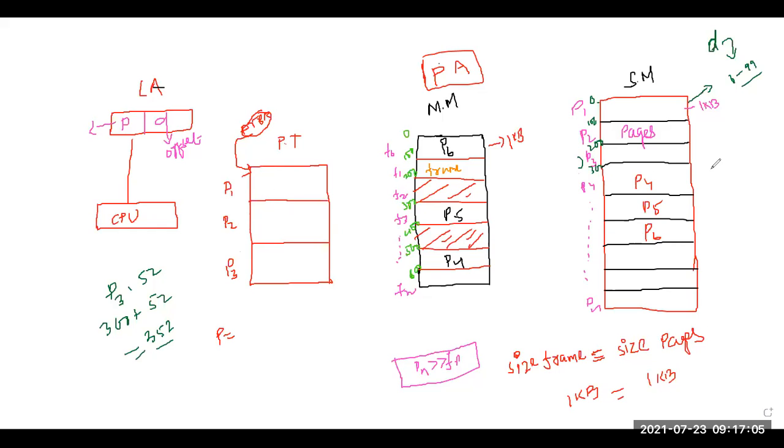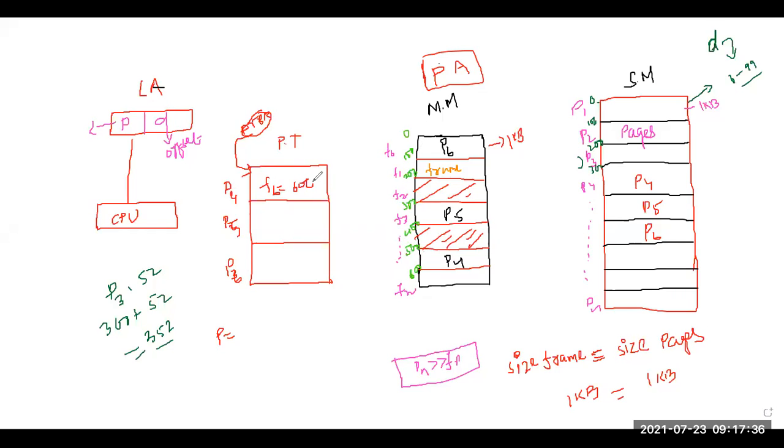Now you see, now suppose there are pages 4, 5, and 6. So 1, 2, 3 was 1, 2, 3 ना, but name हम लोग क्या लिए? 4, 5, and 6 लिए. Now you see P4, where is P4 stored? Now if you see frame 1, 2, 3, 4, 5, 6, it is stored in frame number 6. And what is the base address of this one? Frame number 6 का base address 600.